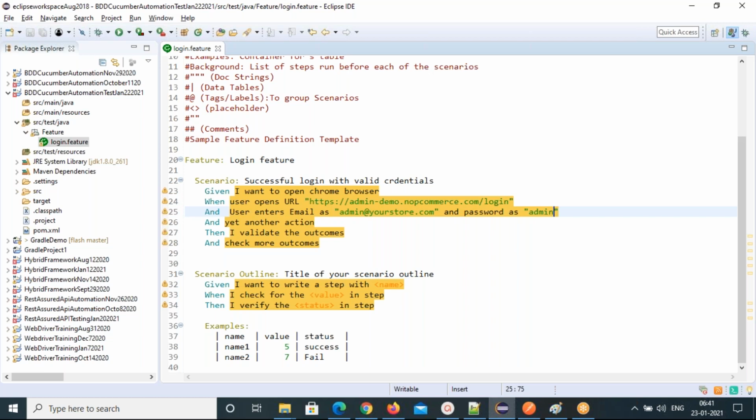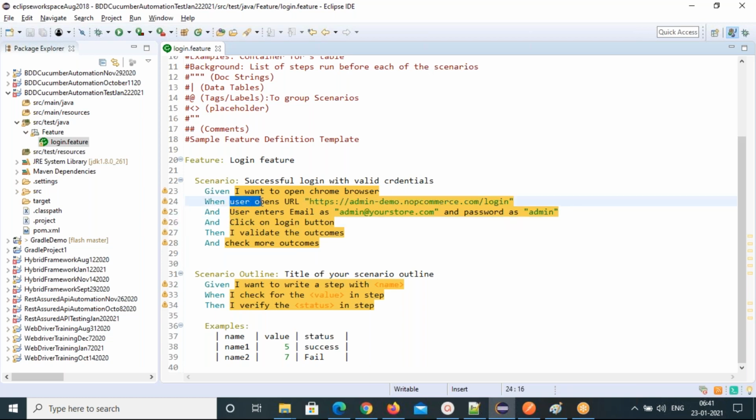Next step, what we are going to do next is click on the login button, right? So, and click on login button. See that multiple and conditions.